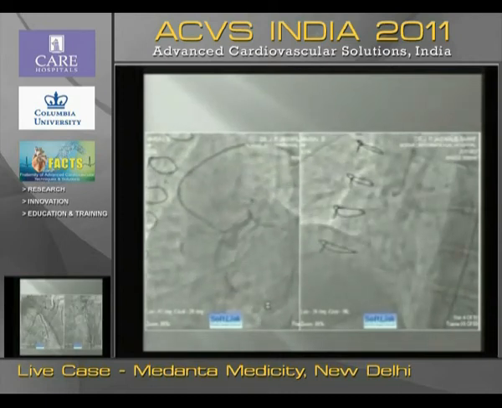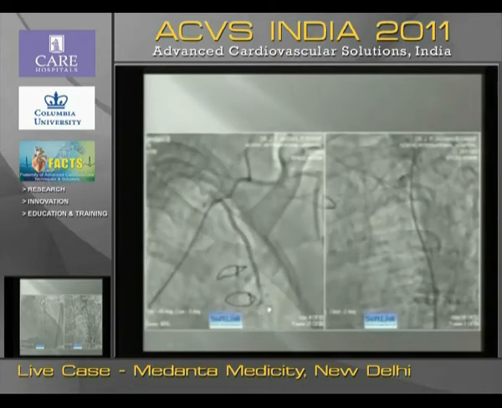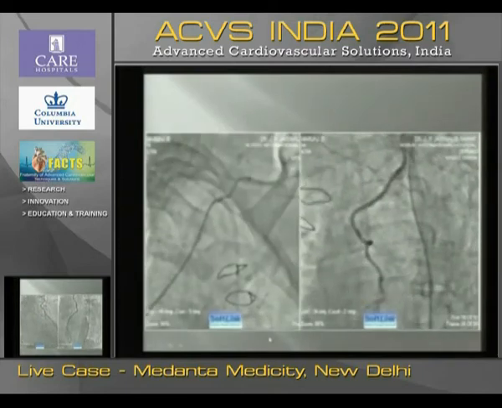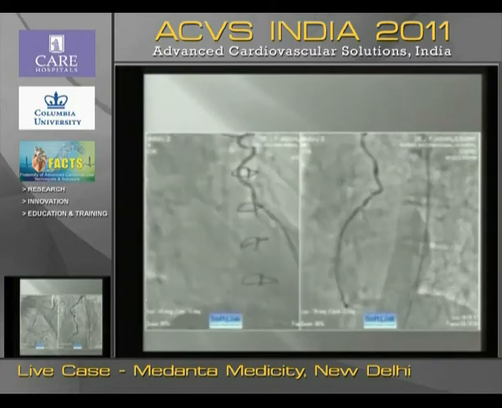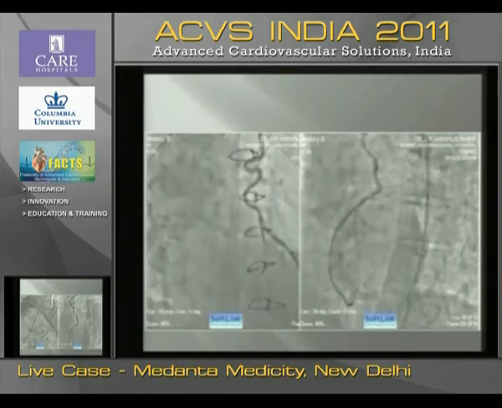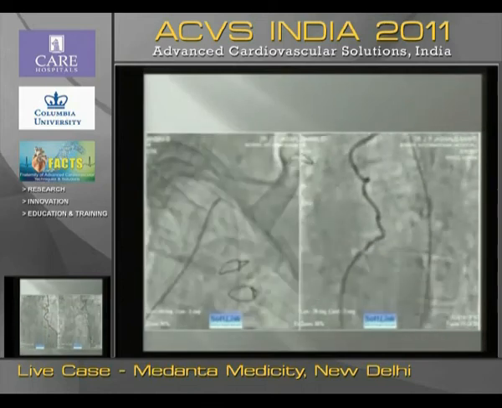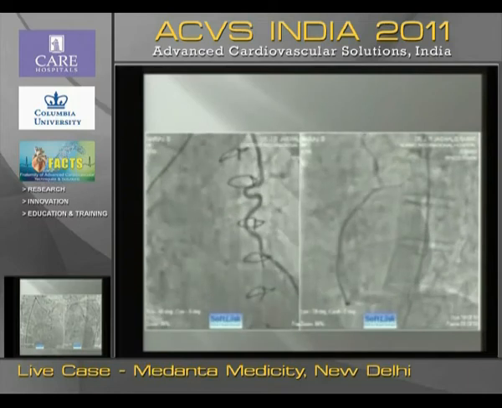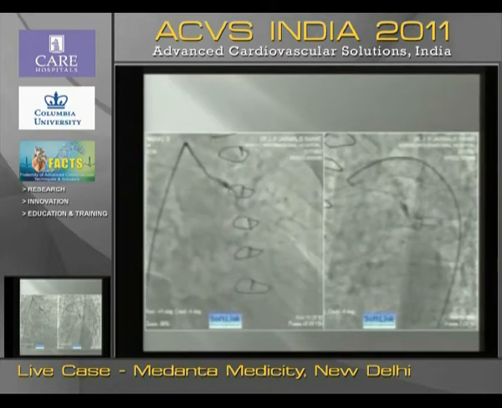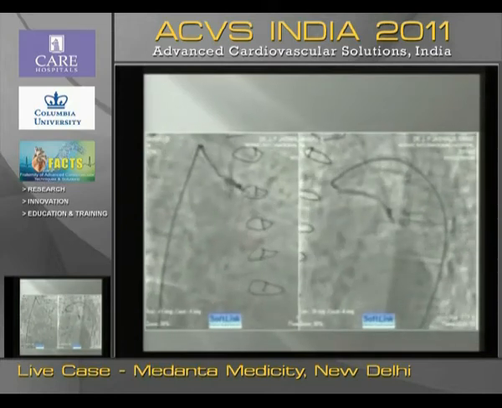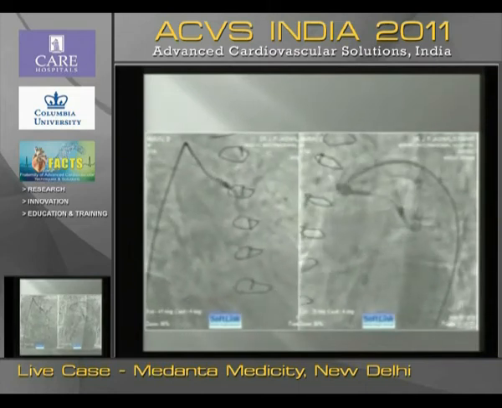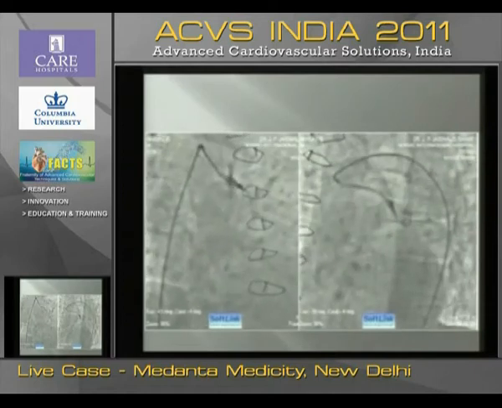And now what we see here is that the LIMA to the LAD is patent, but there is a very severe stenosis in the mid-distal portion of the LAD. There are some non-critical plaques in the proximal part, but distally it is very tight. Next, please. And in this LIMA, at least, you don't see too many curves. So I think we'll be able to do something in this. And looking at the vein graft, it appears that it is a very recently occluded vein graft, where you can see it going up to the middle. So this is what we have in hand.